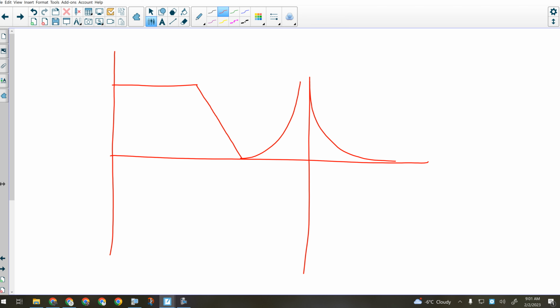If this is a position versus time graph, and I see this exponential increase in position, I know that each time interval, so let's say our time intervals look like this, the amount the position changes by is different. It's not going up at a constant rate. Now, if I look further into that, the position is increasing at a non-linear rate, that means that it has to be going